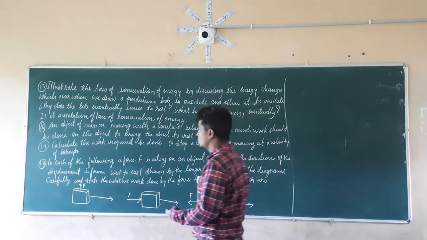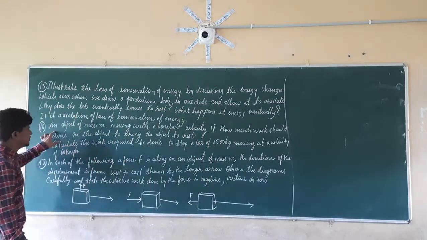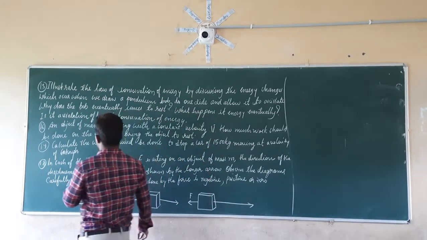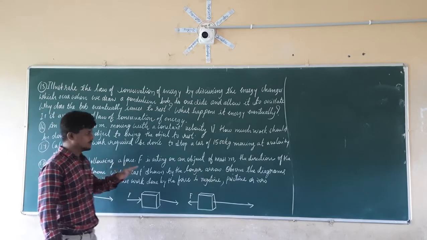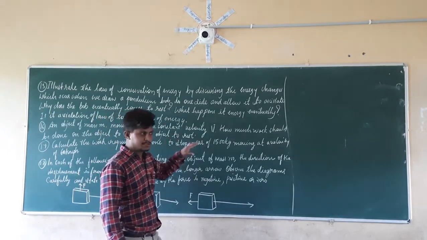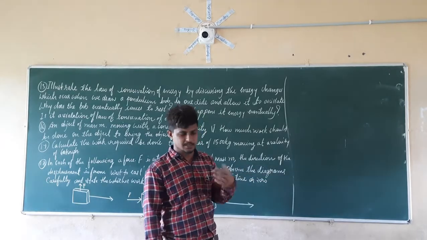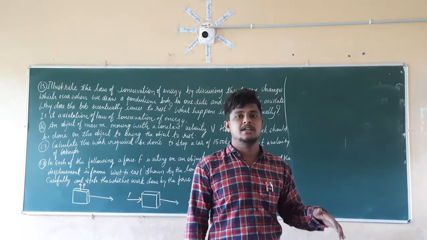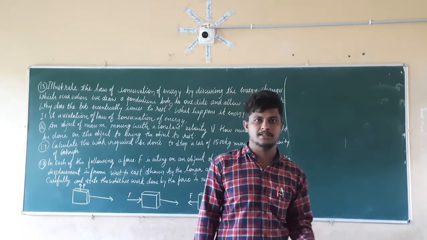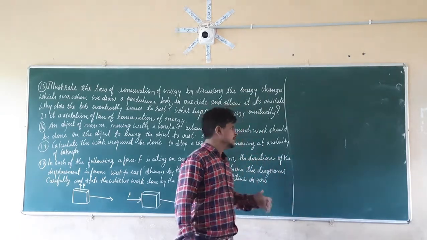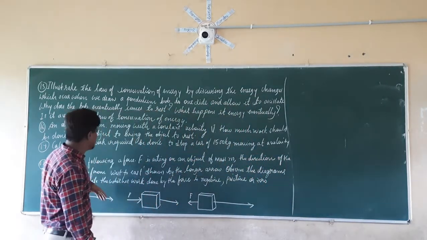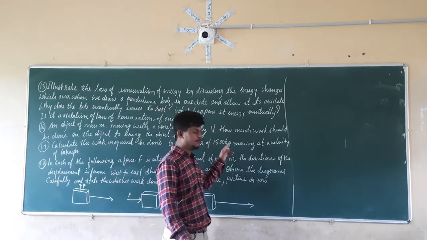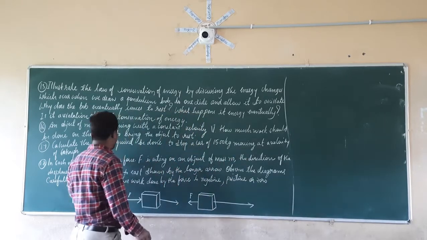See here, already these two questions are interlinked. An object of mass m moving with a constant velocity v: how much work should be done so that the object is brought to a rest position? In the last question we discussed that the amount of work we are going to do here is equivalent to the energy acquired by that object due to its movement, that is the kinetic energy. Here the question is also the same, but here they have given the data: calculate the work required to be done to stop a car of 1500 kg moving at a velocity of 60 km per hour.